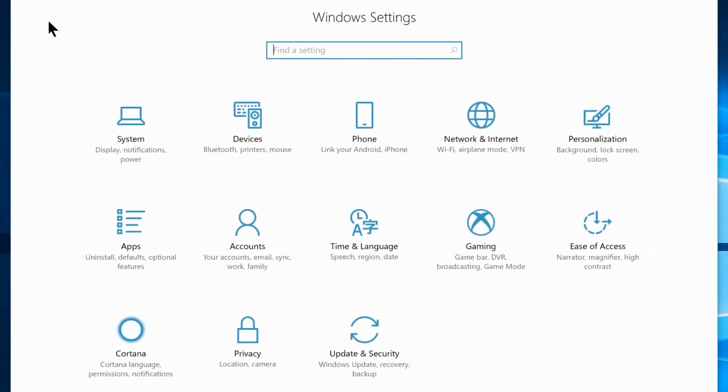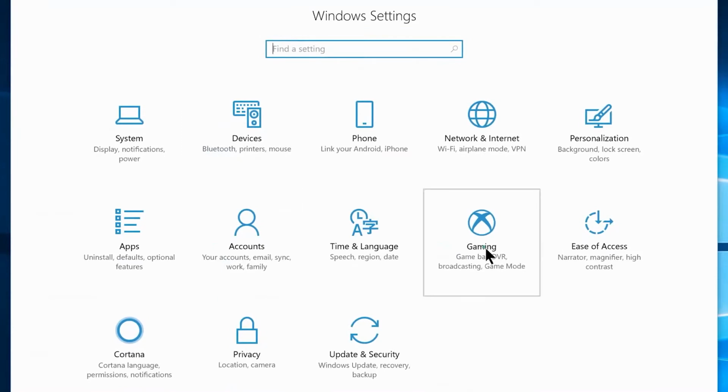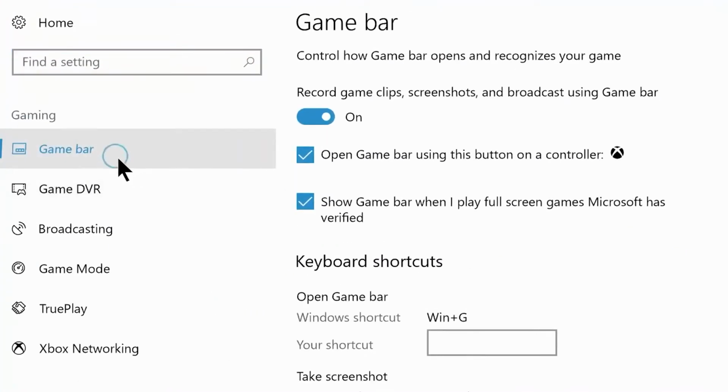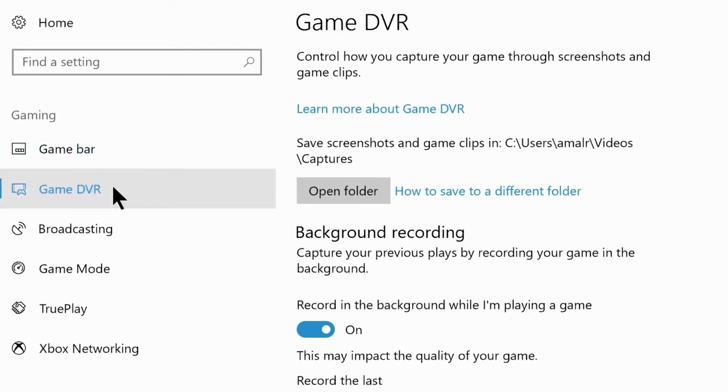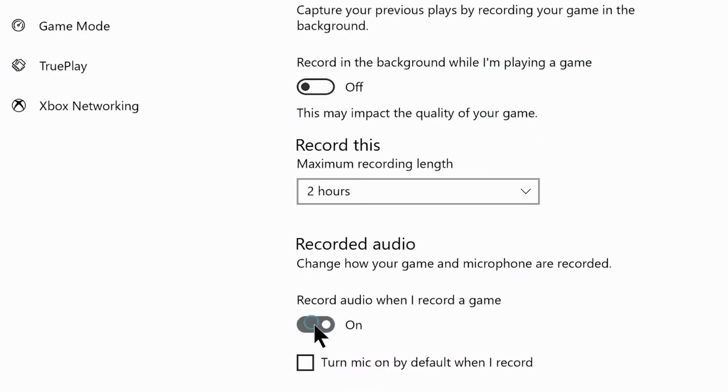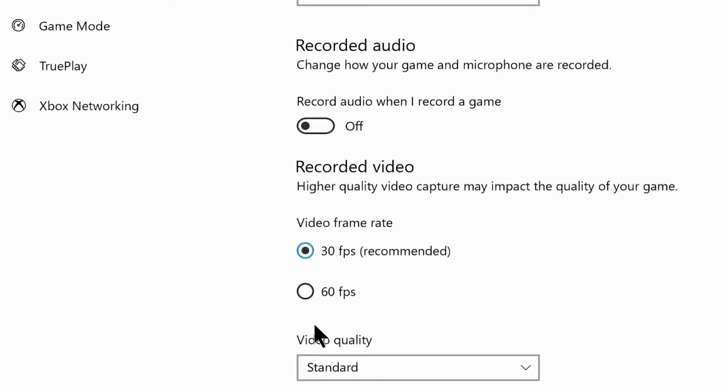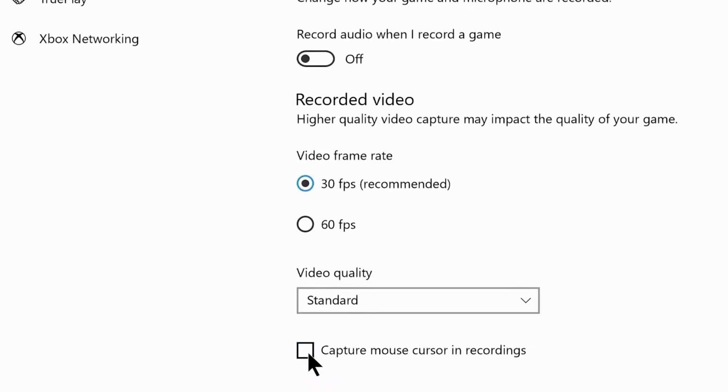Now go back again, and this time let's navigate to gaming settings. Now go on the game bar and disable the option record game clips, screenshot and broadcast using game bar. Now disable show game bar when I play full screen games option. Now navigate to game DVR tab, and from here turn off recording in the background while I'm playing a game option, then turn off record audio when I record a game, and finally disable capture mouse cursor in recordings